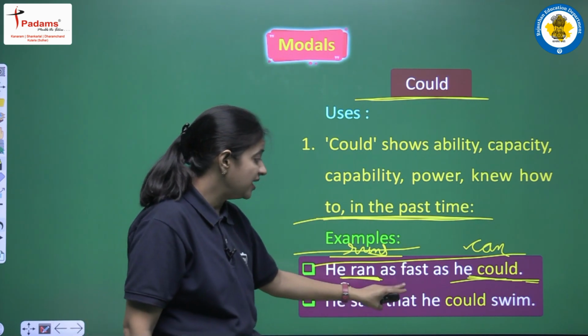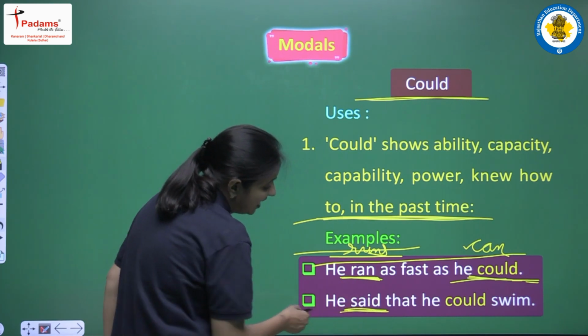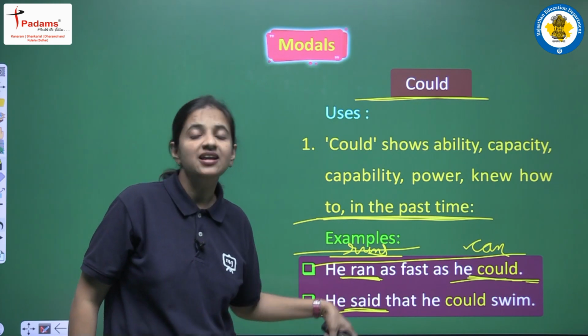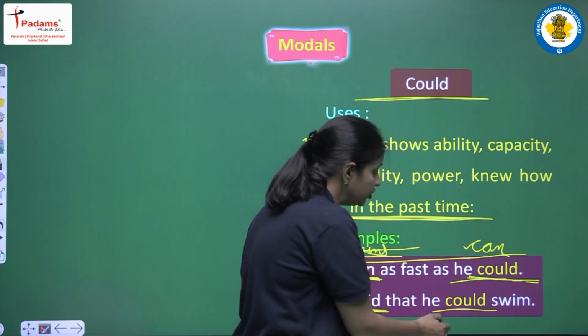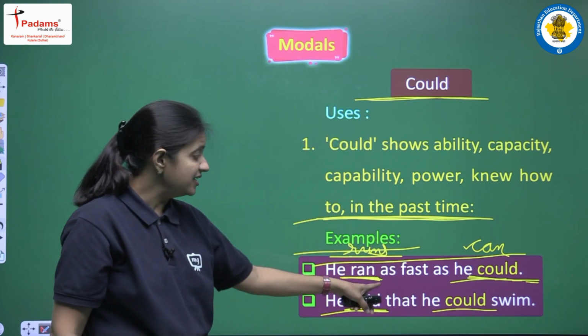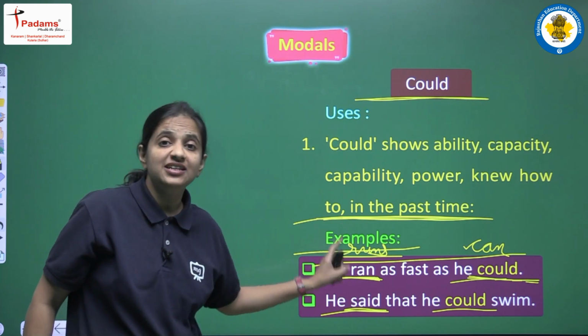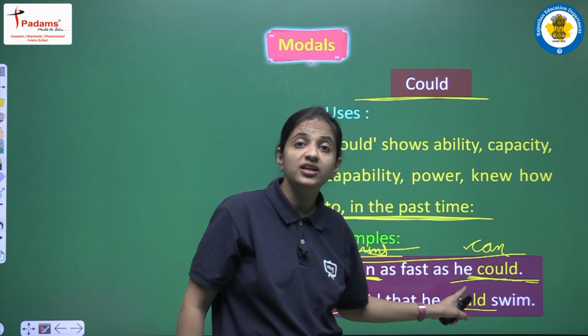He said that he could swim. Again in the sentence we are having "said", that is the second form of the verb. Again we are having past tense here, and because we are having past tense, this is the reason we are writing could here to show the ability that someone is able to swim, right? We are showing the ability, but this ability is of past tense. This is the reason that we are writing could here.